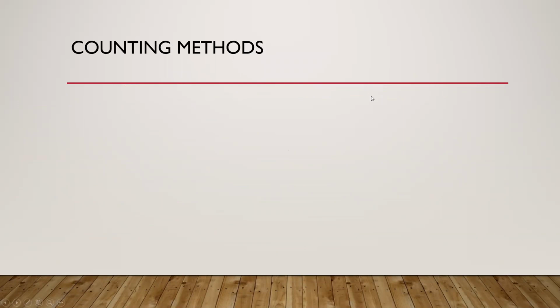Counting methods. There's going to be a bunch of different formulas and methods in this class. I just want to get through the first one today, and then we'll finish this during the first part of class next time. When I say counting methods, this is going to be complex ways to count the number of different ways you can select objects, or the number of different ways you can arrange objects. And it's not like counting 1, 2, 3, 4, 5, 6, things like that.